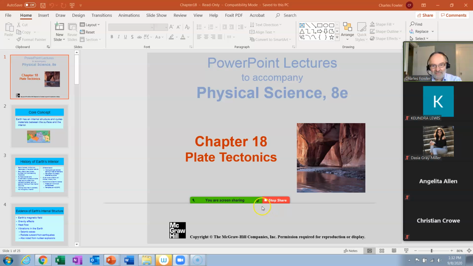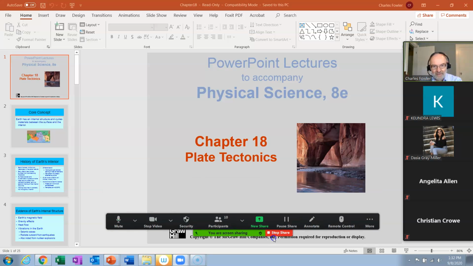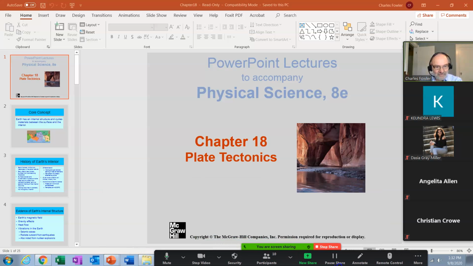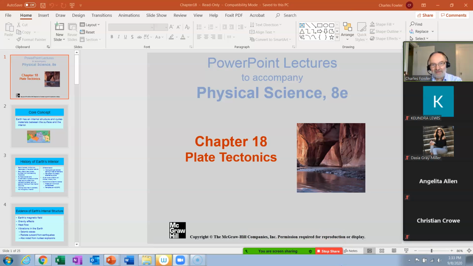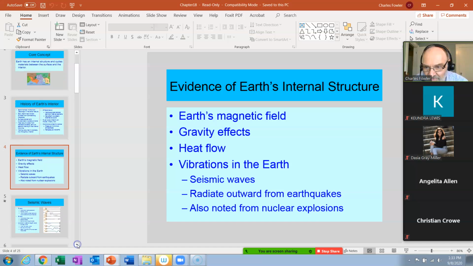Now, before I do much else, I've got to do some housekeeping here. They have this toolbar. I assume it's a Zoom toolbar, and I try to move it so it gets out of the way so I can read the PowerPoints. Doesn't get in your way, but it does mine. All right, and we are going to see if I can find the place we left off last time. Why is that not showing? I think we talked about that slide. Y'all can see my slides, right?